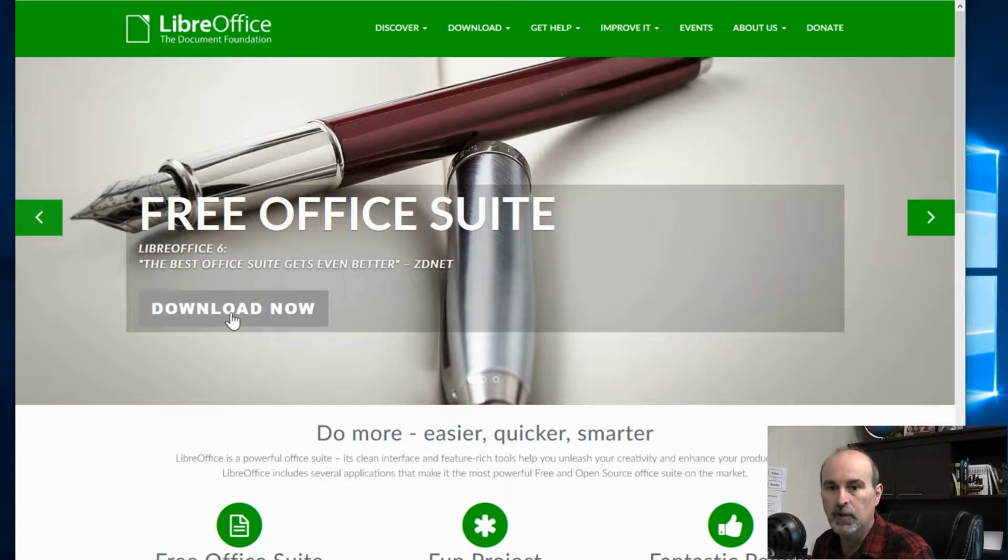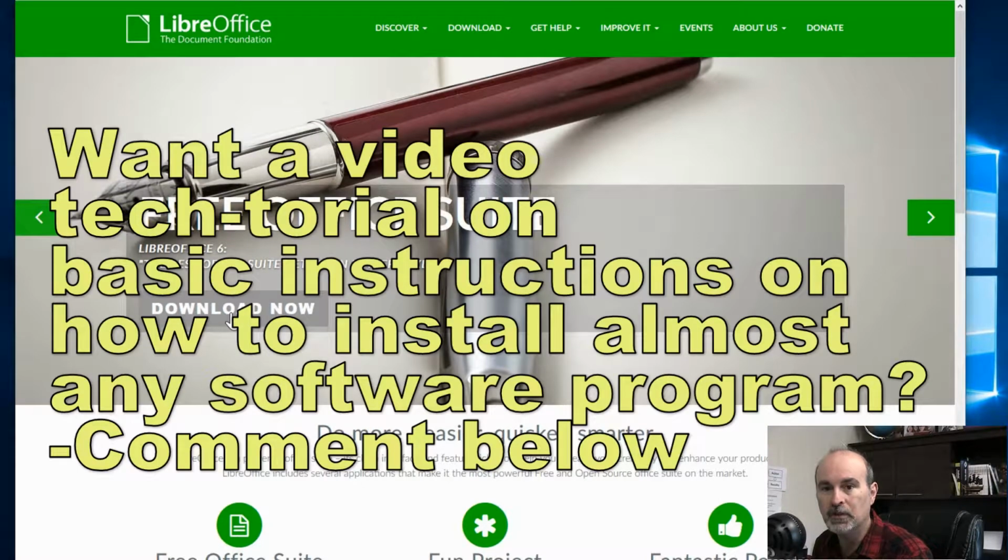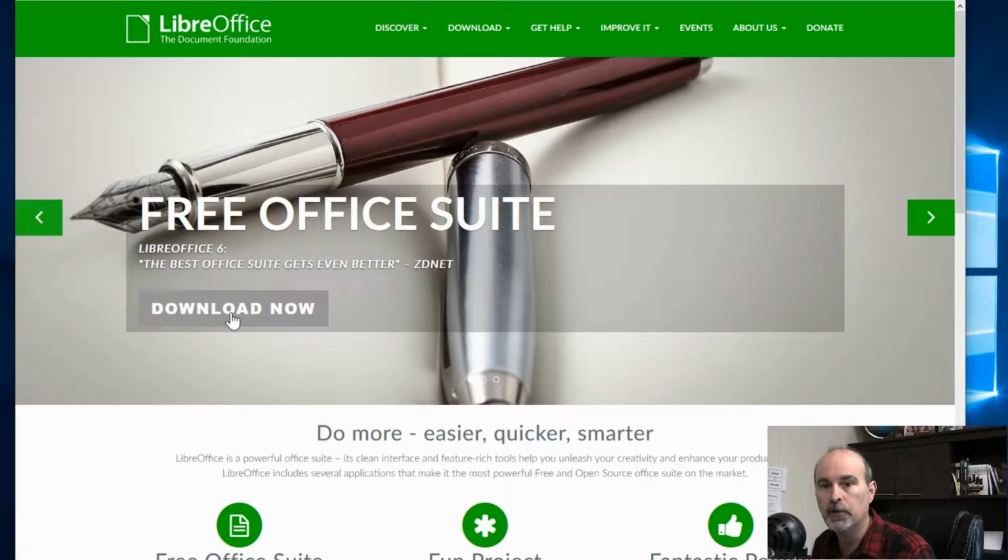And I'm not going to walk through the whole installation of this. It's like installing any other software program. If you do need help with how to install software programs and just general information that can help you get through just about any software program, let me know in the comments below and I'll make a video for you on that.